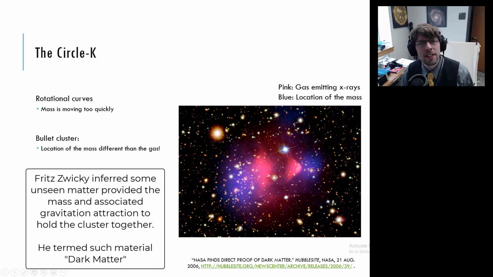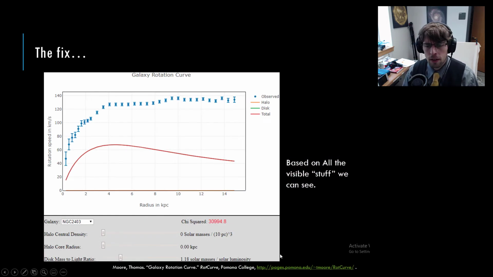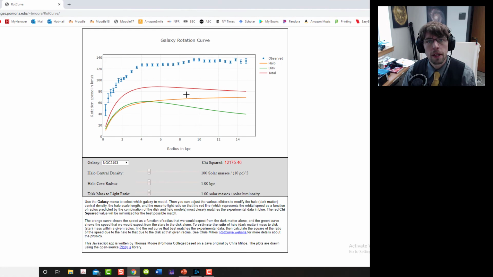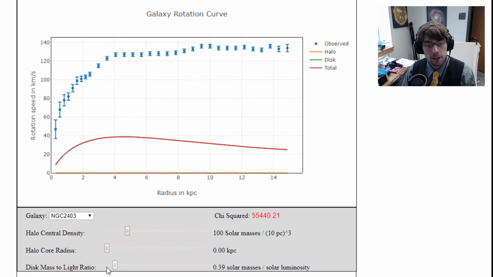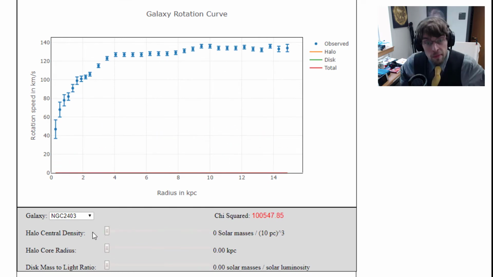Let me give you an idea of how we do this. So what I'm going to do is open up a web page. This is just a screenshot. Let me go ahead and move over the web page. Okay. Now let me walk you through what each of these slider bars does. The first one, the bottom one, is the one I'm going to play with first, and it says disk mass